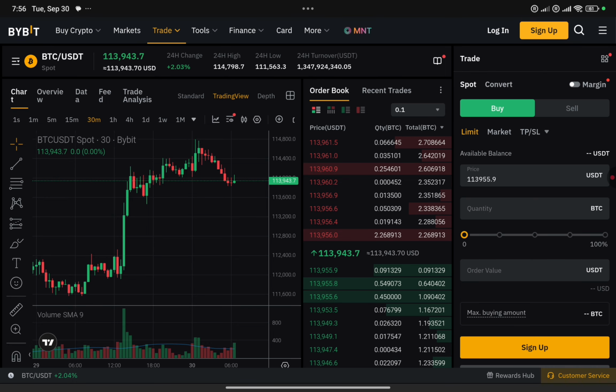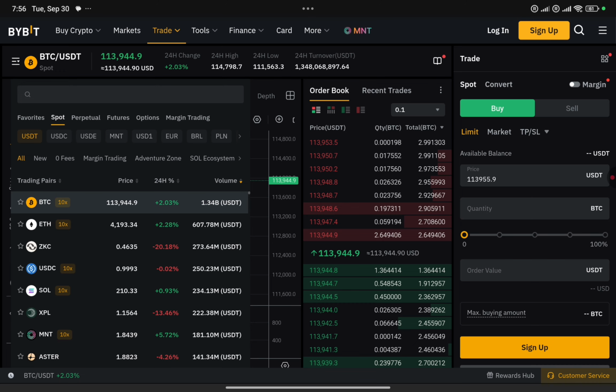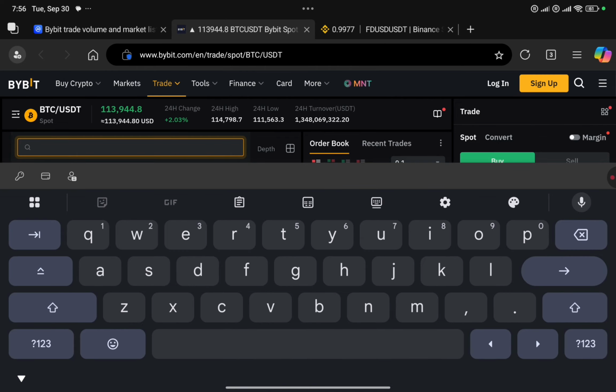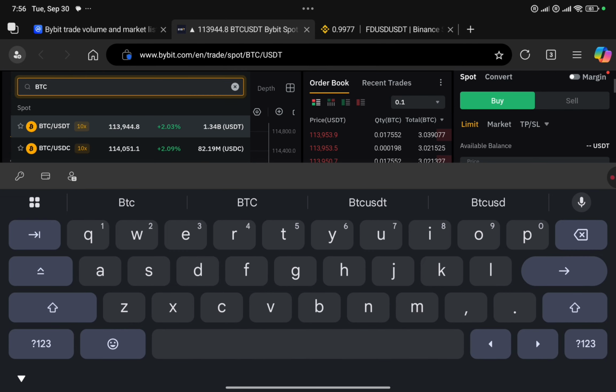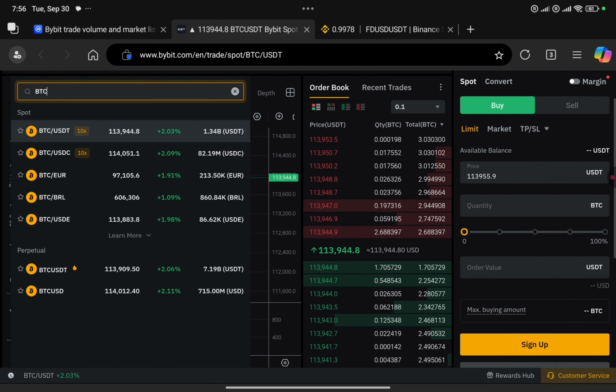Where can I buy BTC low and sell it at a more expensive price? You quickly go to the Binance market pair section, and you come over here and you type BTC. The very first thing you need to do is to speculate the market. Look at the market. What is the market saying, and how much are they actually selling BTC or buying BTC